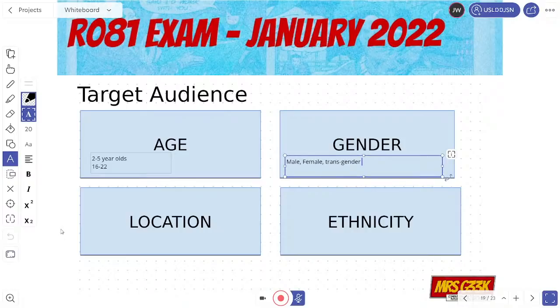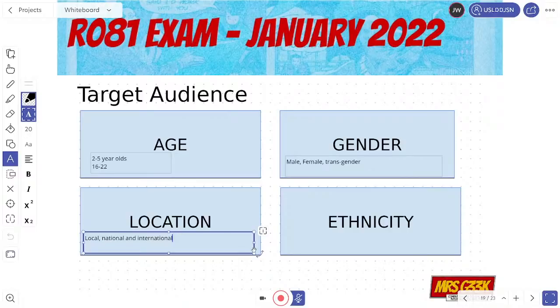Okay, so location. For iMedia, location is categorized in 3 different ways. You need to know local, national, and international. Now, what I mean by that is your local farmer's shop is probably going to advertise to people within the local area, but they're probably not going to advertise their meat to people living in Japan, for example, because you're not going to come all the way over to the UK to this local farm shop just to get some meat. But on the flip side, the Olympics are going to be international. So obviously anything to do with the Olympics is going to be marketed across the world. So it's just being mindful of where and how you're going to advertise your products to get to the right people.